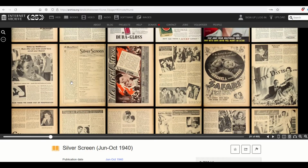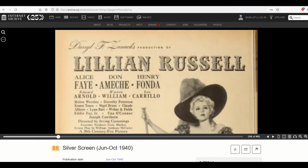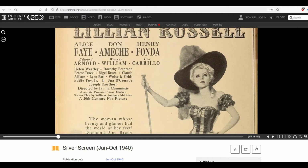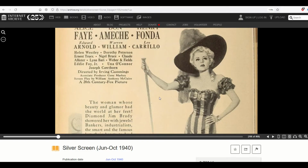So we've got like Greta Garbo and Clark Gable and things like Lillian Russell. So what I would recommend are two things. One, you could use the designs as is. So you could just use this. This is just a nice high quality scan of a production that's coming up. Back in the olden days, here's the songs, and you could just clean up this and you could sell it